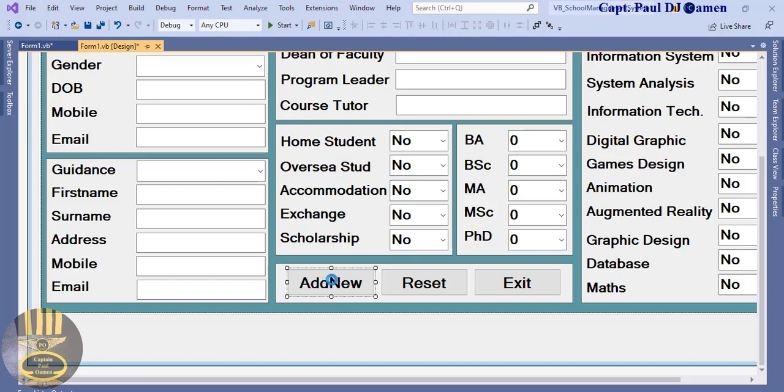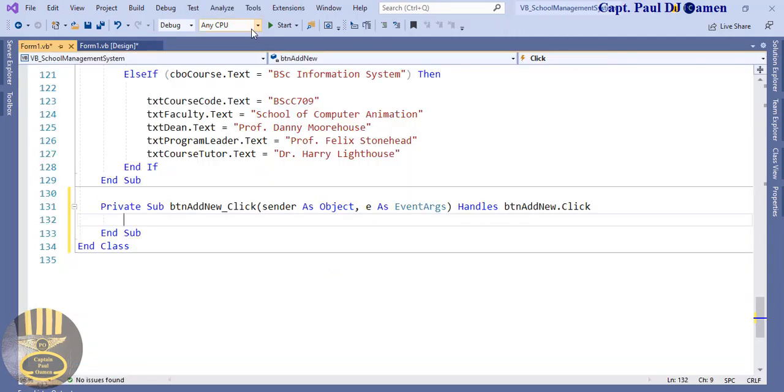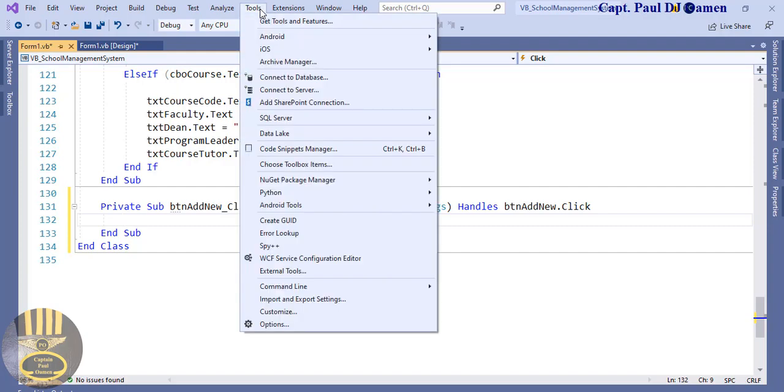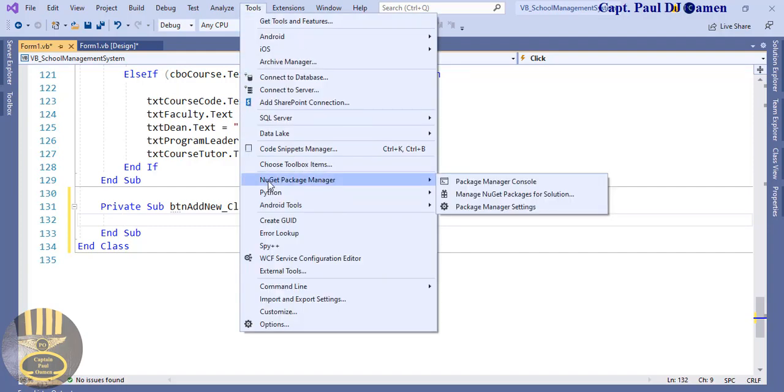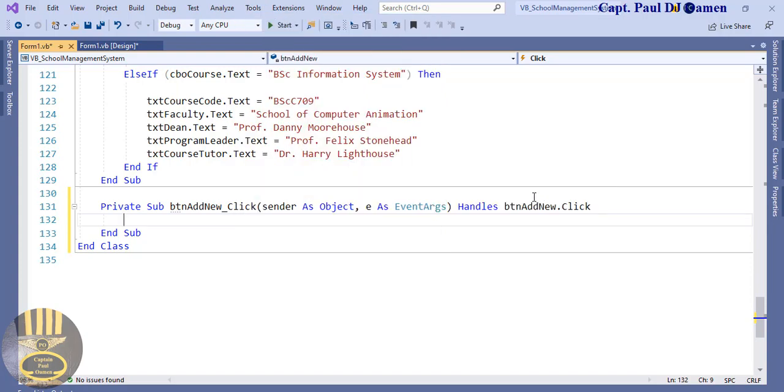Oh, before that, there's one important thing we need to do though. Let's go straight into the tools. I need to connect my SQL. So right in here, you see where we have NuGet Package Manager. I'm going to go straight into Manage NuGet Packages for Solution. Click on that, and